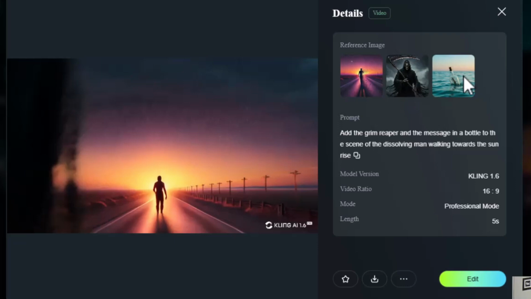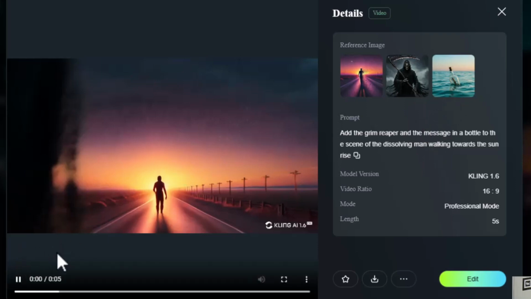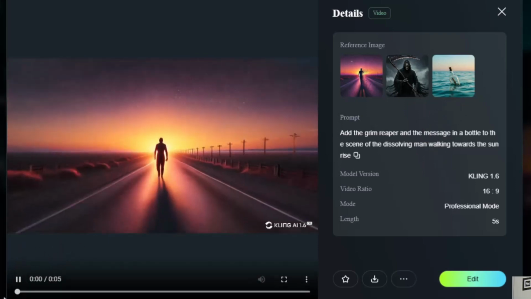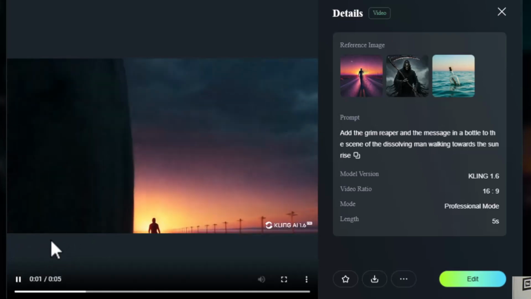I also added this message in a bottle kind of theme. So I said add the Grim Reaper and the message in the bottle to the scene of the man dissolving, walking towards the sun, and I wanted to see what Kling's engine would do with this. And honestly, I'm pretty happy with it. It decided to kind of just throw away the message in the bottle, but it did add the Grim Reaper, I thought, in a really cool way, because this guy's walking towards the sunrise, but the Grim Reaper is there